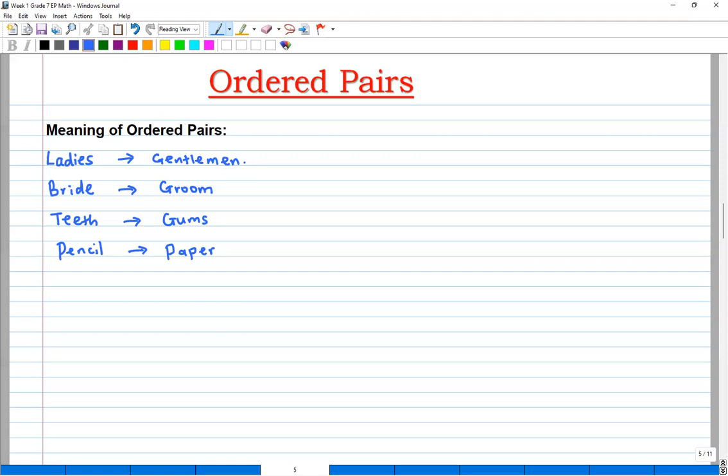So an ordered pair is a pair that shows the relationship between two things, okay? To put things in ordered pairs, they must have a relationship, okay? And we are going to understand this more using the following examples. Okay, now since we know what ordered pairs are,